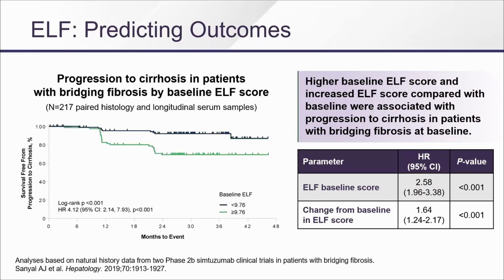And of course, ELF, same story. I don't have change in ELF over time, but higher ELF, worse outcomes over time. So you not only can tell that it predicts their fibrosis stage, you can tell them that it predicts their morbidity and mortality, and that improving it will improve their morbidity and mortality. And those numbers should be both encouraging, meaning I can get better, and at the same time sobering. If I don't do anything, I'm going to perish.